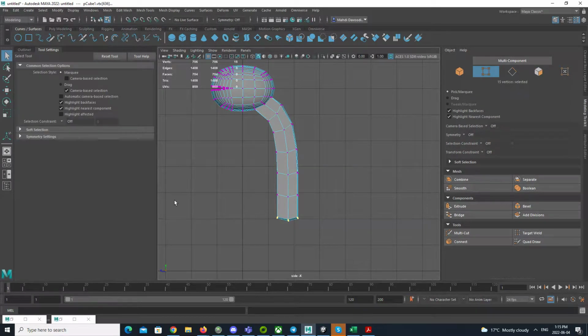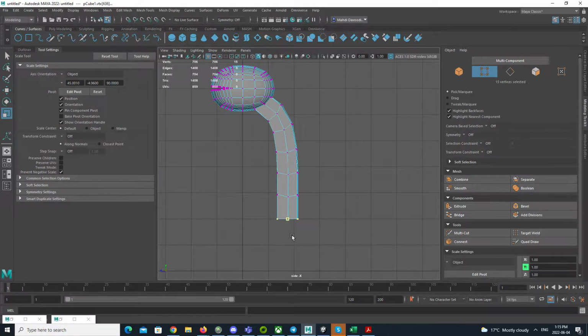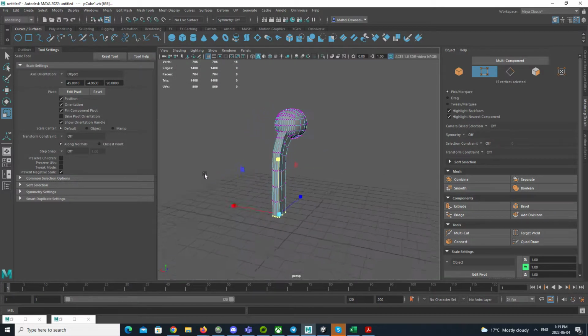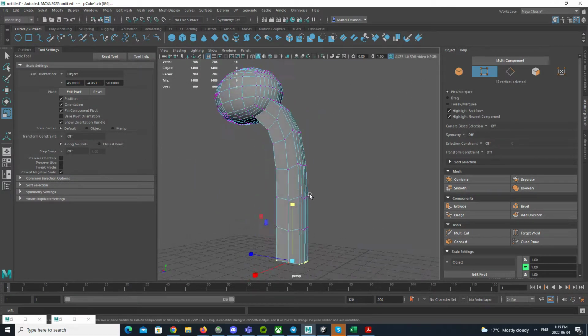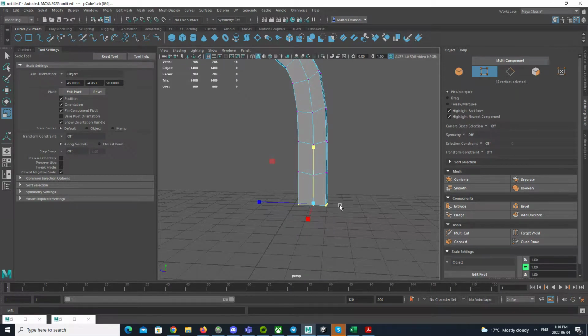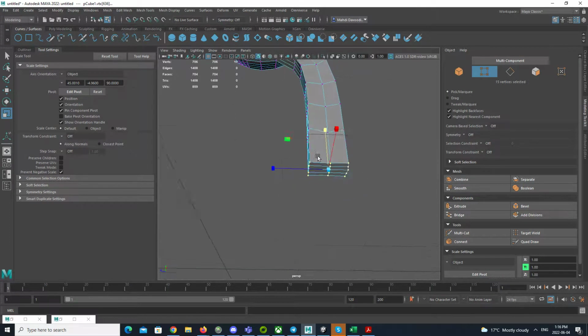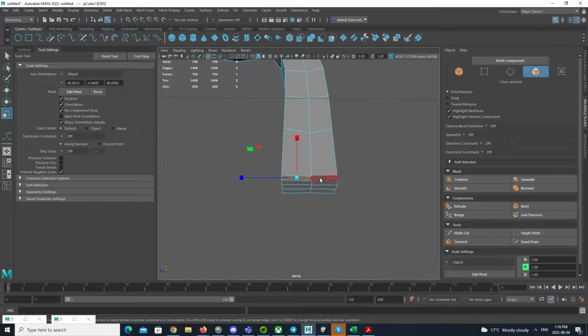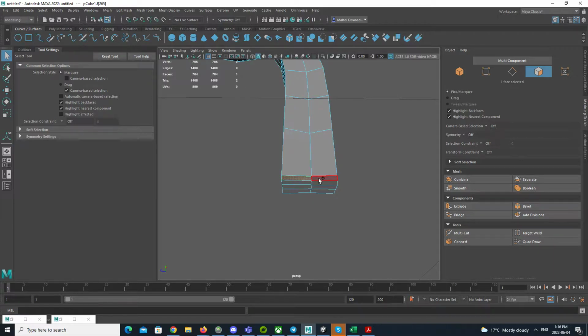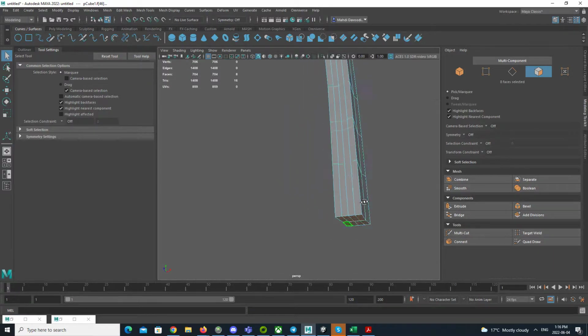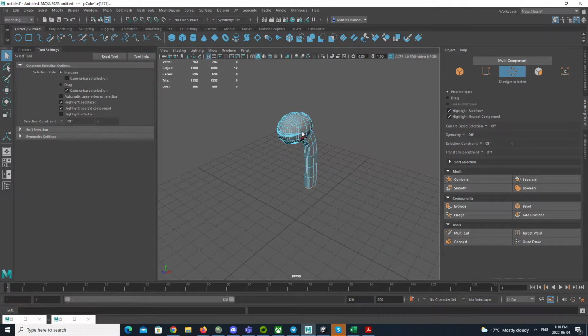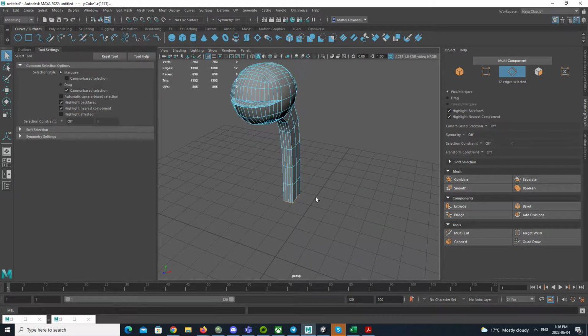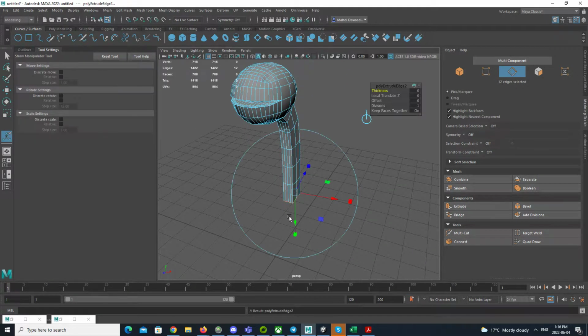I'm going to select these vertices and scale them down along the y-axis to let them have the same y value in terms of position. So now what I'm going to do here is to select these faces and delete them. Now, yeah, this is going to be the base of the monster. So what I'm going to do here is to extrude that outward